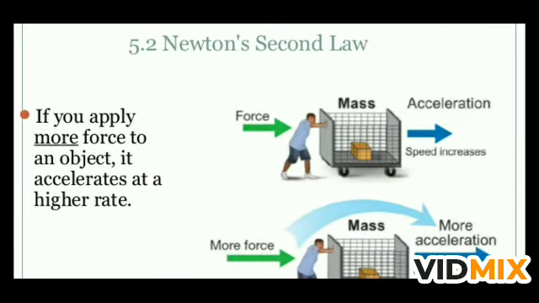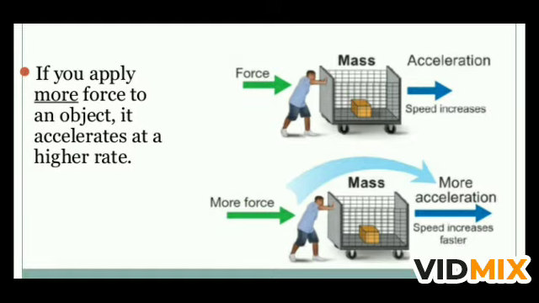Now if you see in these two pictures, there is one block, and this block is showing the mass. The two masses are equal, meaning the same mass is there, and the force is shown with the help of a green arrow. In the second picture the length of the arrow is more, meaning the force is more. In the first picture the man is pushing the trolley with the mass, and in the second also the man is pushing the trolley with the same mass but applying more force.